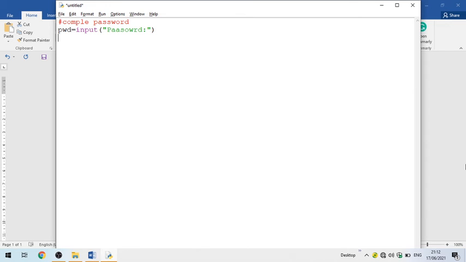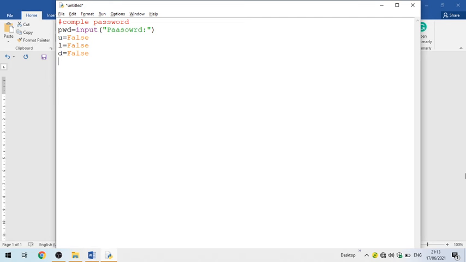So here we created three variables, that is U, L, and D, meaning uppercase, lowercase, and digit. Assign False for checking, and another is the L, which is also False. Then third is the D, which is also False. So I have created three variables. These are Boolean variables, assigned a False value.